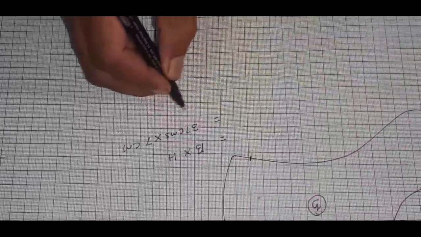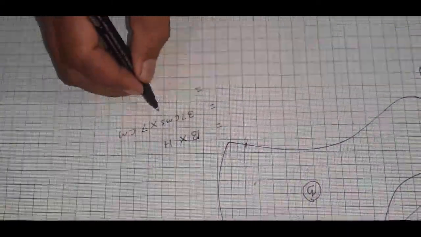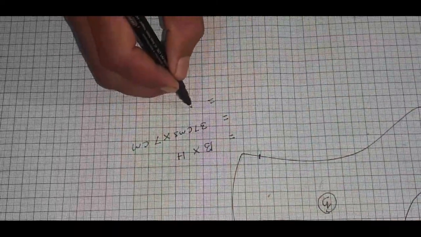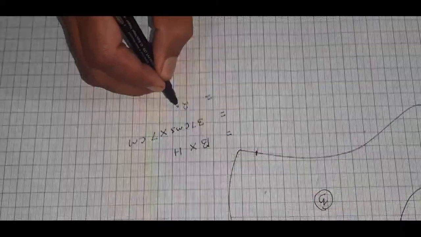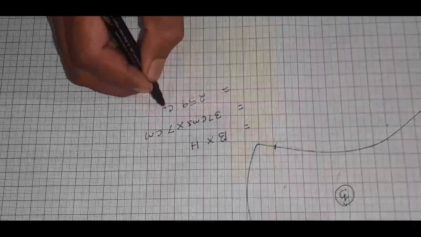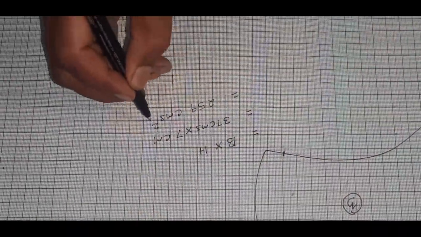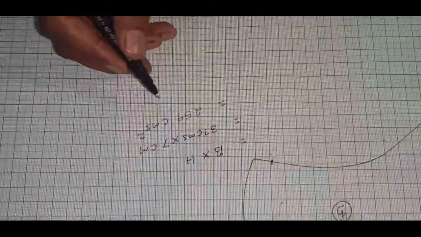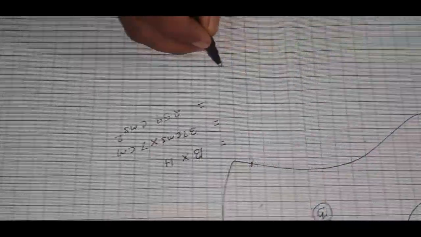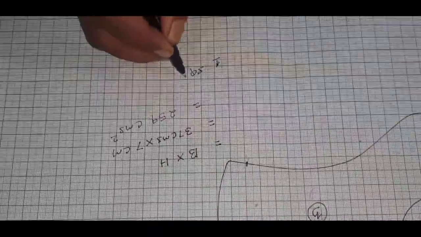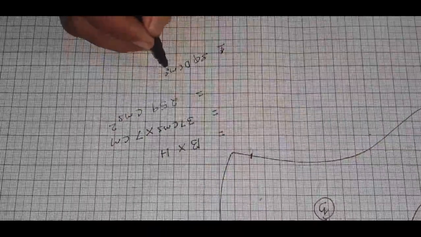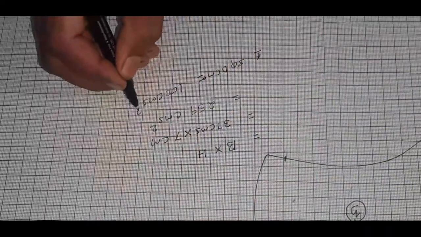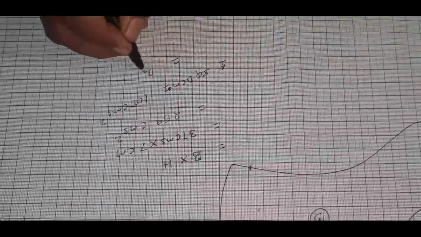Now I am going to calculate 37 centimeter multiplying 7 centimeter. It is 259 centimeters square. So now we should convert this centimeter square into square DCM. So 1 square DCM equal to 100 centimeters square. So 259